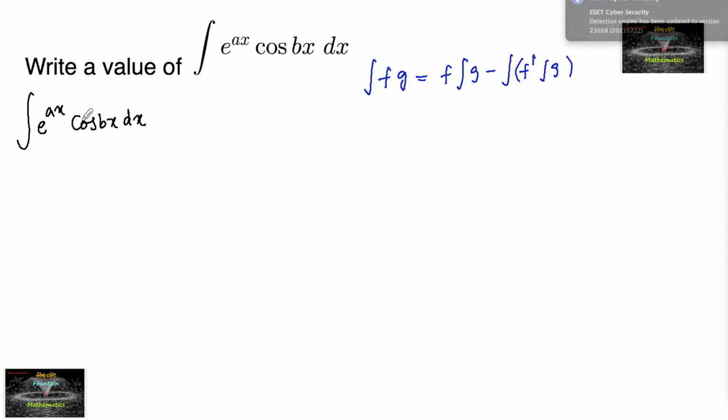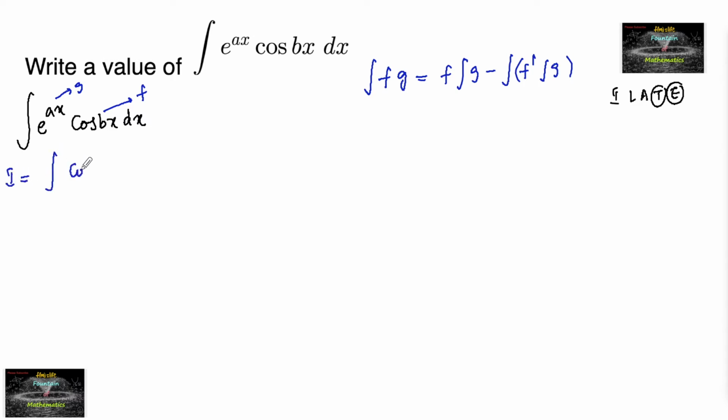For selecting the functions f and g, we can use the ILATE rule. Here two functions are there, one is a trigonometric function and the other is an exponential function. So we can consider the trigonometric function to be the first function f, and the exponential function is the second function g. So let us write I is equal to the integral of cos bx into e to the power of ax dx,